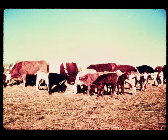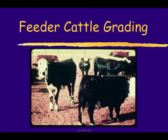We're going to talk about understanding these feeder cattle grades today, and a number of you probably are already familiar with this, so pardon me if you know it, that's fine. If you have any questions, we'll get to the end, or if it's a burning question on the way through, feel free to raise your hands and we'll try to address that. Feeder cattle grading,